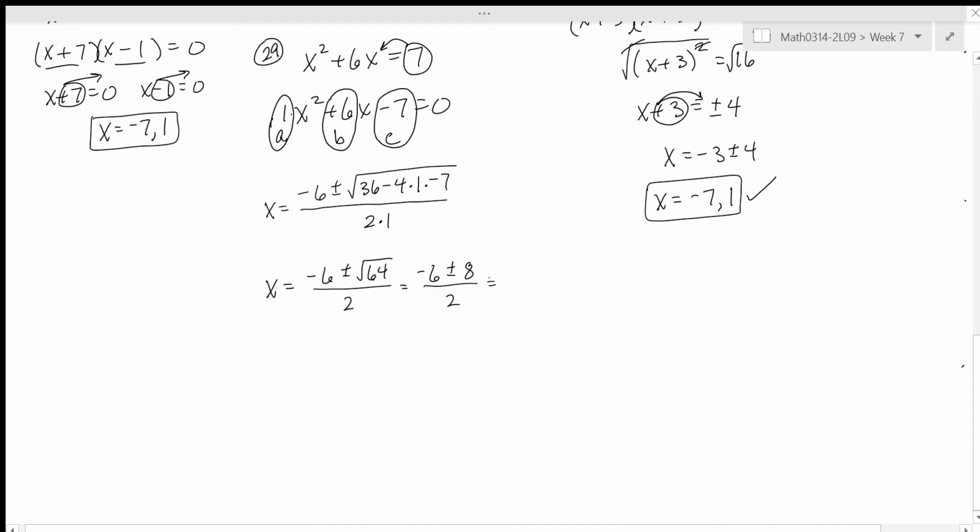And then at this point, we want to do the plus and the minus separately. So what is negative 6 minus 8? But then that number has to be divided by 2. And there's one of my answers. And then we're going to go back and we're going to say negative 6 plus 8. But that's going to be 2 over 2, which is,